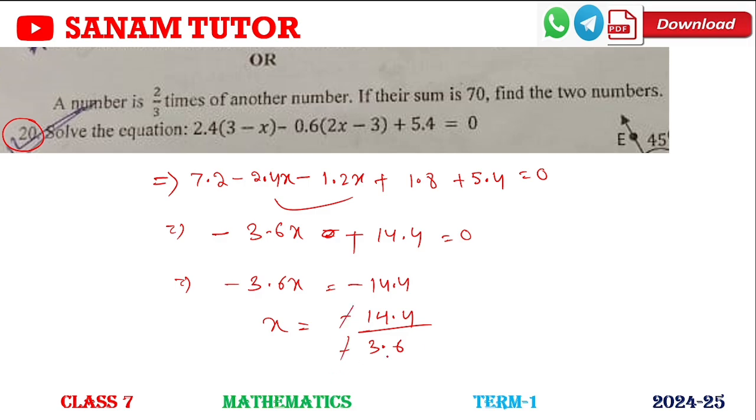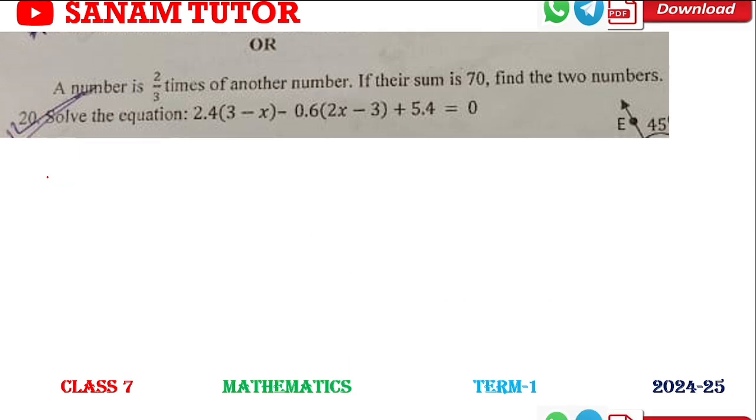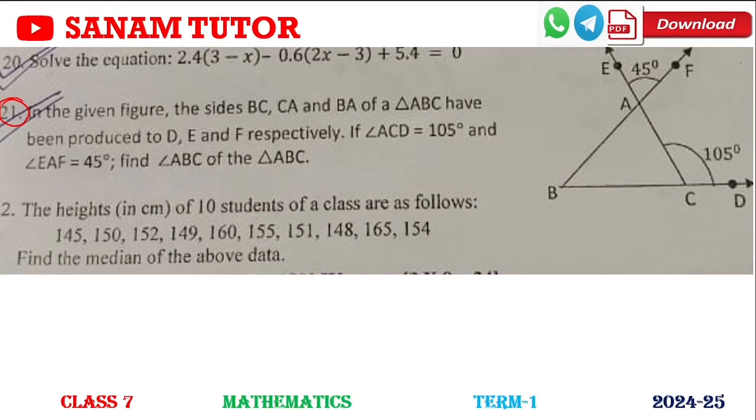3.6, minus cancel, and then 12 threes, then 12 ones 1.2. So here it will be 12 by 10, or it is 10 by 3. So 10 cancel, 3 fours. So answer is 4. Okay, this question directly repeated from my video, then you can check out. So next question. In the given figure, the sides BC, CA, same questions also solve in my video.